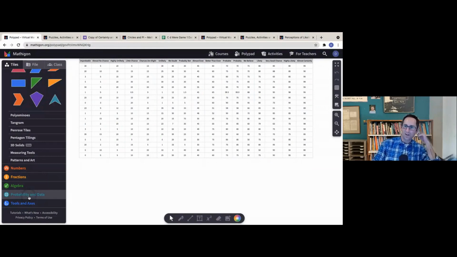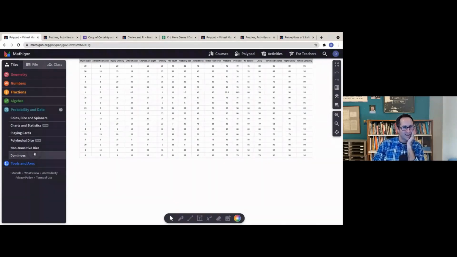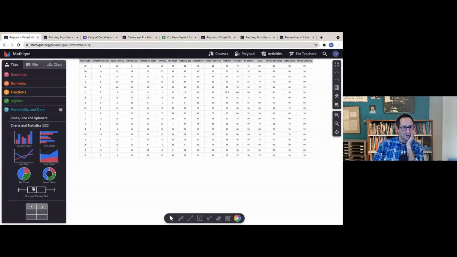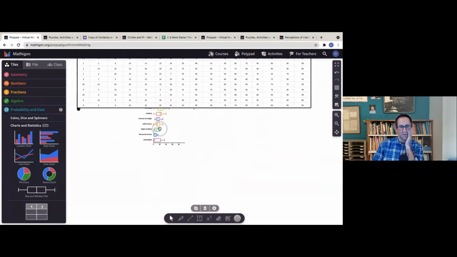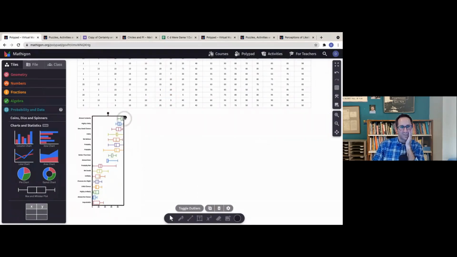So I've taught box and whiskers for years in school without great uses, great examples of virtual tools. So I'm going to go to chart, put the box and whisker on the screen. There's a blue tab on this table, which I'm going to just connect to the box and whisker. And there's the box and whisker plot of all that data. And I'll make it bigger.